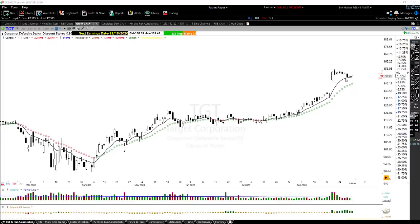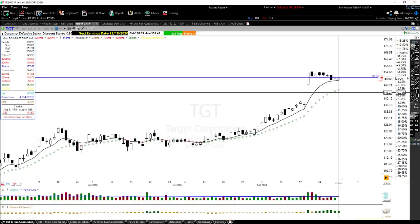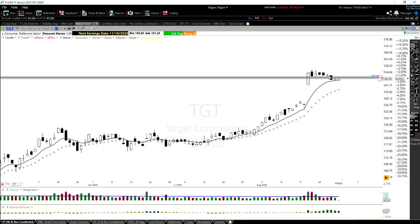How about Target itself? Target is setting up. Nice big pop to the upside here. And you can see we've consolidated well. The T-line has caught up. We've got a couple of small-bodied candles here that we'll be watching for. Watch for that little breakout right in there. So a breakout of 151.45. That'll set us up for a possible